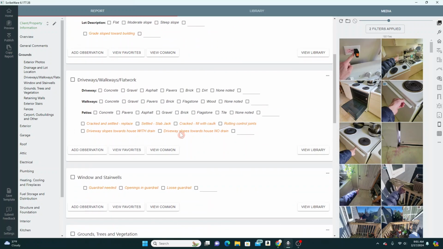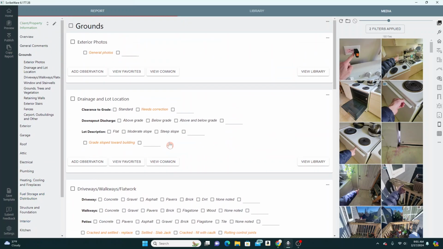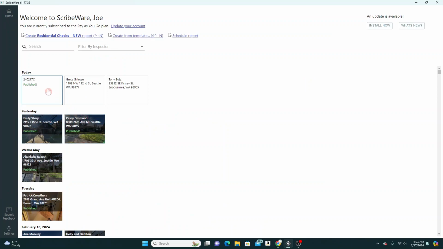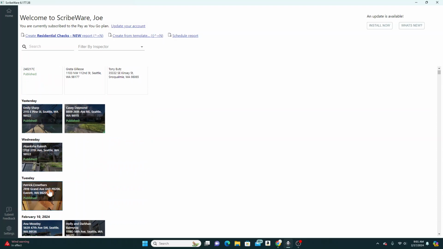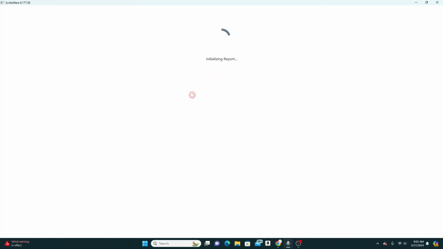And then I think that's all I can show you for now. Yeah, that's kind of the basics of the software. We'll go back to the home page. And then if you ever want to delete a report, and please don't delete any of these old reports. We want to keep those forever. But if you're just creating one to kind of play around with it and mess around and you don't really want to keep it or save it,